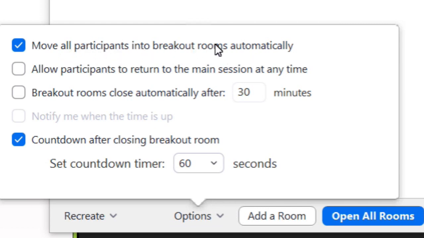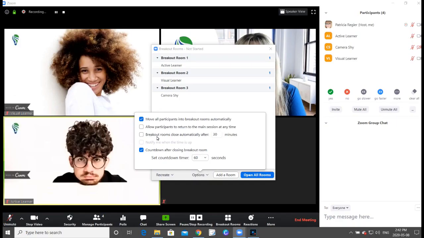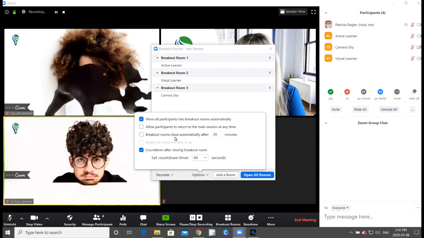Move all participants into breakout rooms automatically is an option, or I can allow participants to return to the main session at any time. So I can check that off if I wanted to. Breakout rooms,